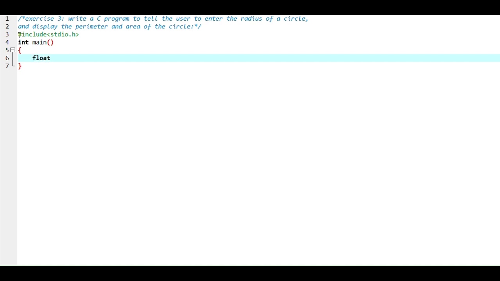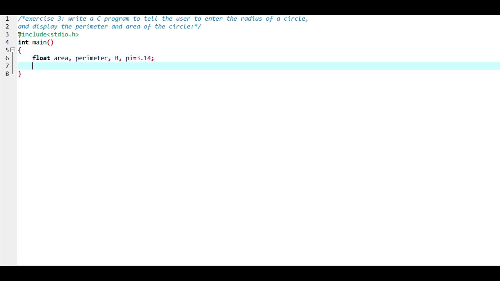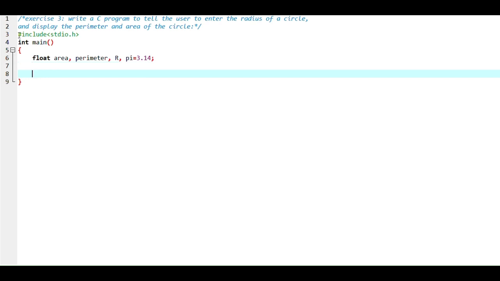Float area, perimeter, radius, and P equal to 3.14, and the first step is done. Second step, printf